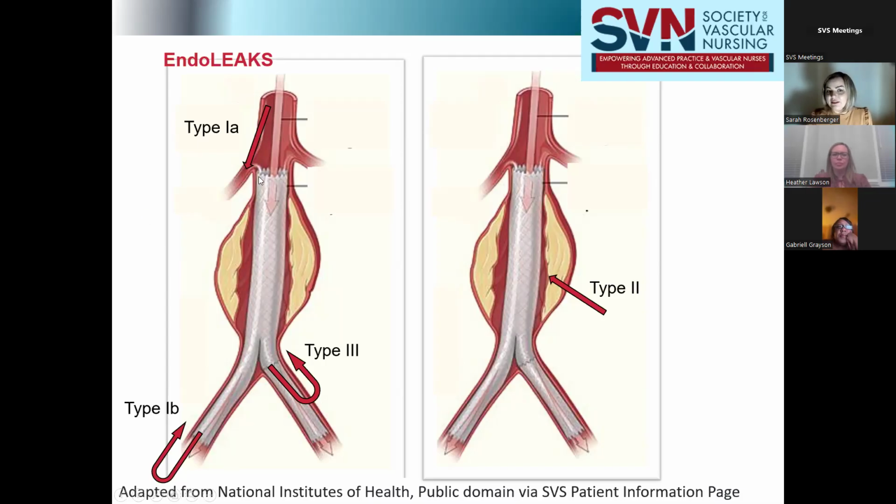And that becomes a type 1 leak. A type 1A is when the top of the graft is floating in space. A type 1B is when the bottom of the graft is floating in space. Because, for example, that patient whose aorta I just showed you has an internal iliac aneurysm that eventually could cause his endograft to fail. And so often that can result in extending the endograft to treat the area that has now become involved in the disease. And then a type 2 endoleak, which is not even well imaged here, but I think the patients often really don't think about,